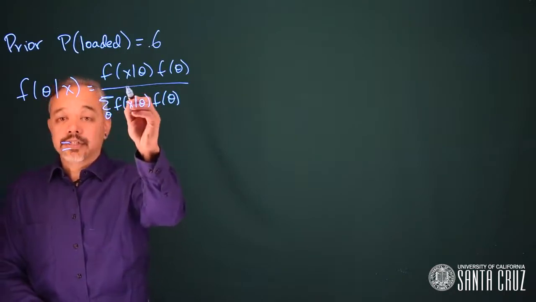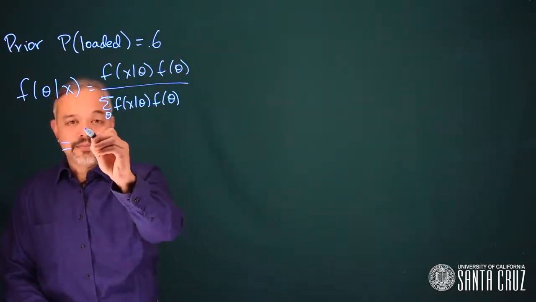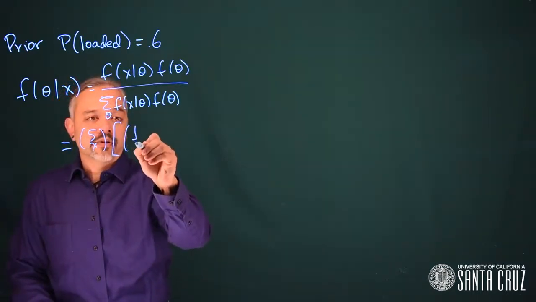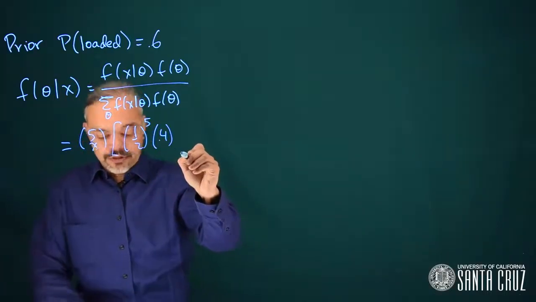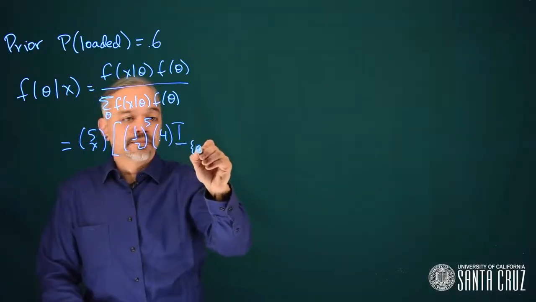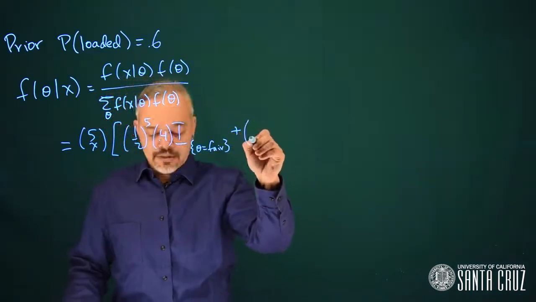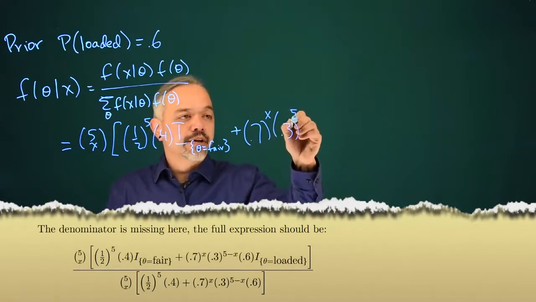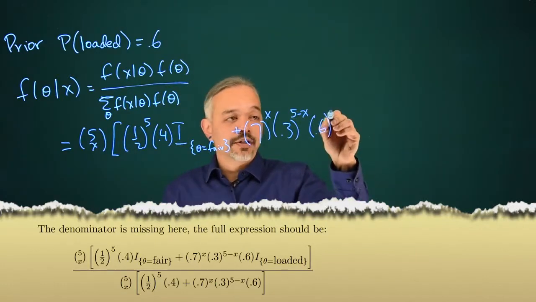So this likelihood is the same as what we saw before, but this time we'll be adding in the prior. One half to the fifth times the prior probability that the coin is fair, plus 0.7 to the x, 0.3 to the 5 minus x, times the prior probability it's loaded,